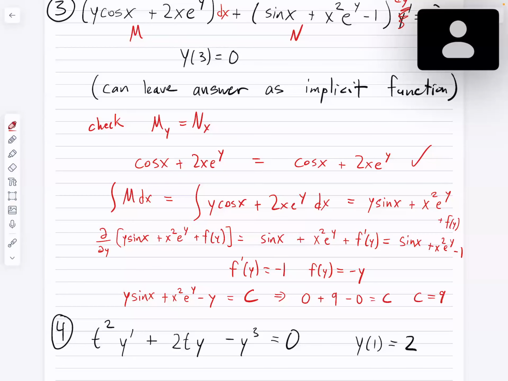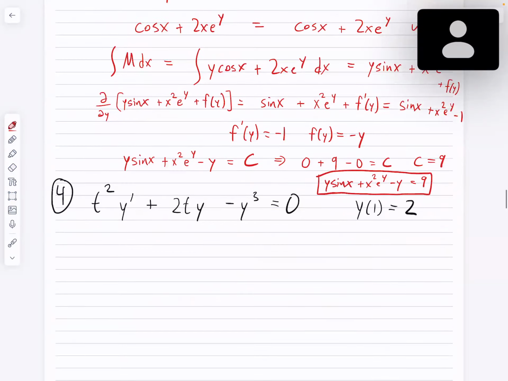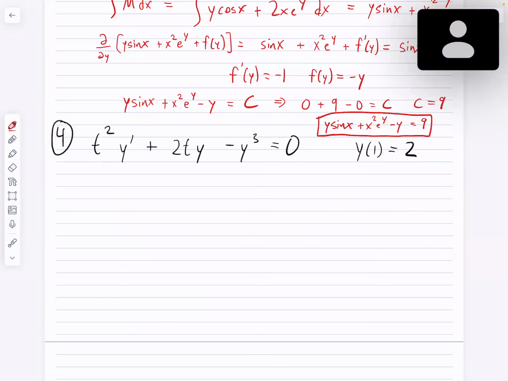So c equals 9. So the final solution is y sine x plus x squared e to the y minus y equals 9. That will be the implicit solution, and we can just leave it like that. That's that one. This one, because it has a y here and a y cubed here,